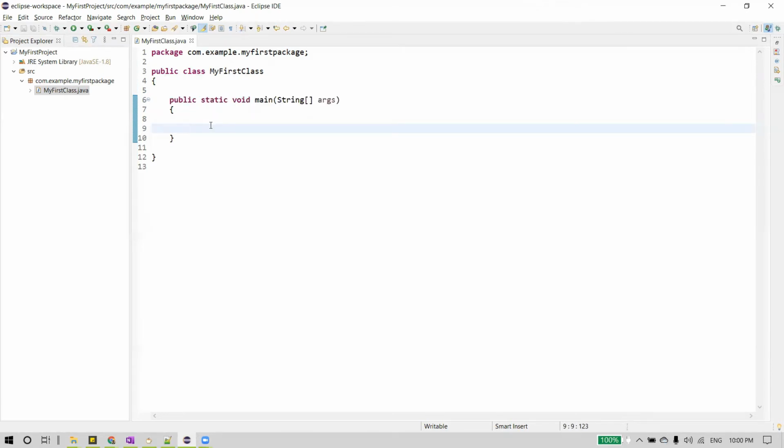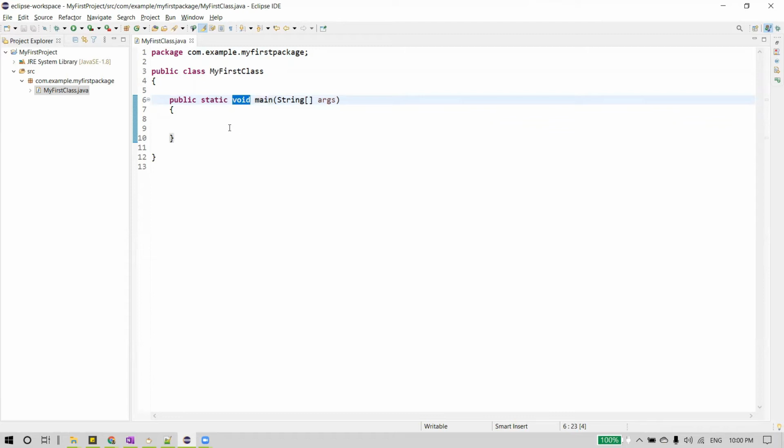So how does Java know the entry point of execution? The main method is the entry point of the execution. And let's understand this syntax for the main method. You can see public is an access modifier. So this main method can be accessed from anywhere outside of the class. And next comes static. Static is again a keyword, so you have to use the keyword as is. And static means without creating the object for this class, we can actually call the main method. So that's the reason we are writing it as static.